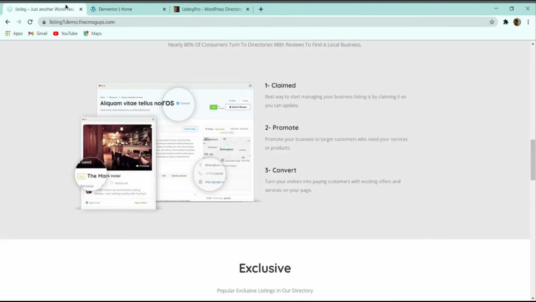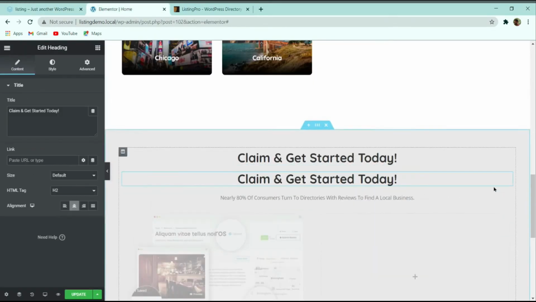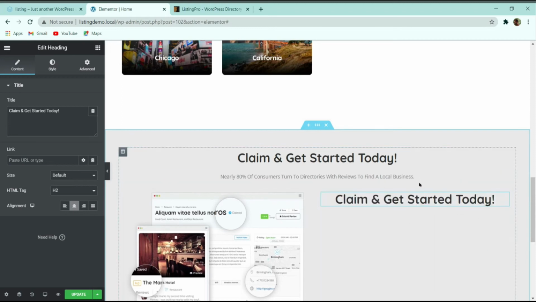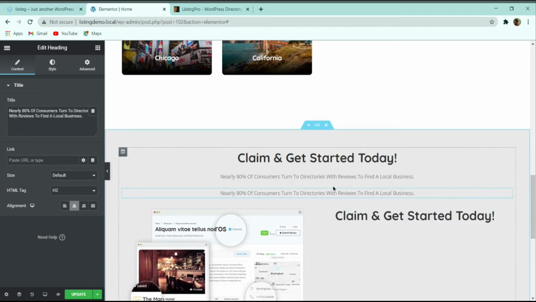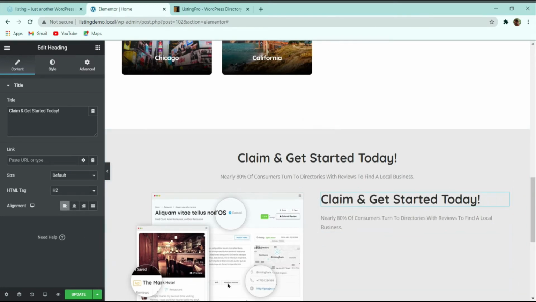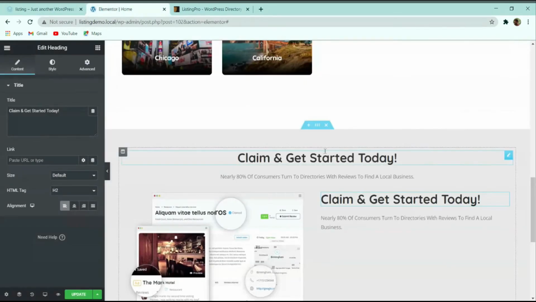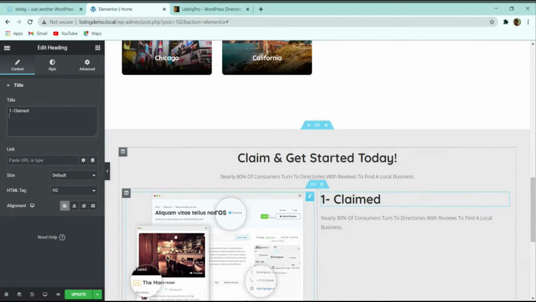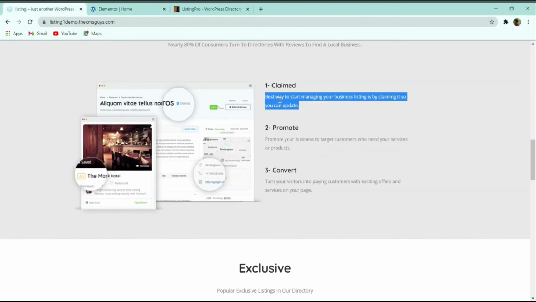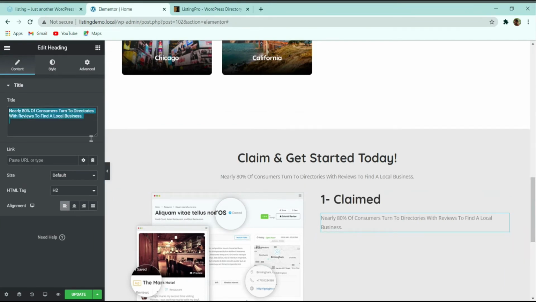So now we have to add text. So basically to add the text, let me duplicate this text from here and simply drag it, and I will do one thing, I can duplicate this text also and I can drag it here. Make the alignment to the left hand side. After that, simply copy the first text one and paste it here, and similarly for this one also copy the text and then paste it in the title part.